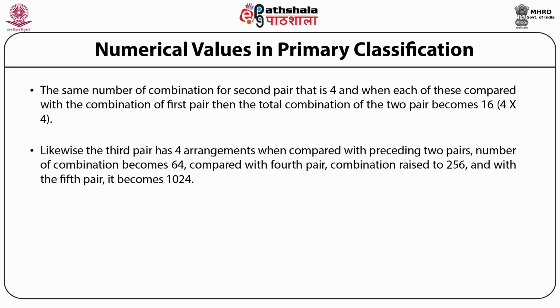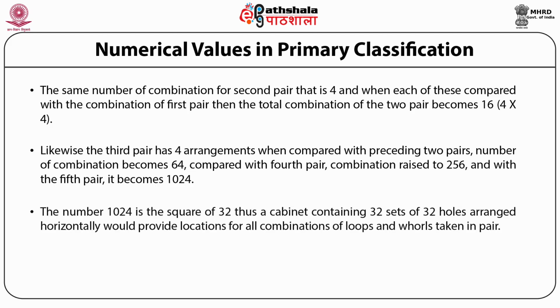Compared with fourth pair, combination raised to 256, and with the fifth pair it becomes 1024. The number 1024 is the square of 32. Thus, a cabinet containing 32 sets of 32 holes arranged horizontally would provide locations for all combinations of loop and